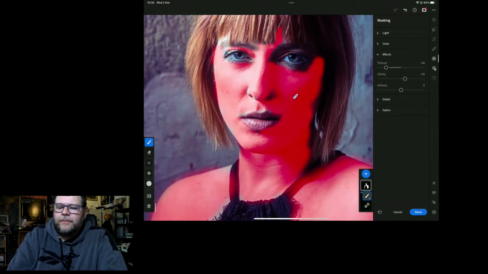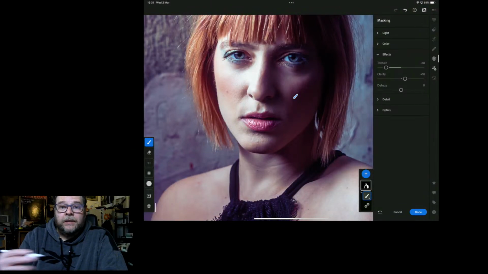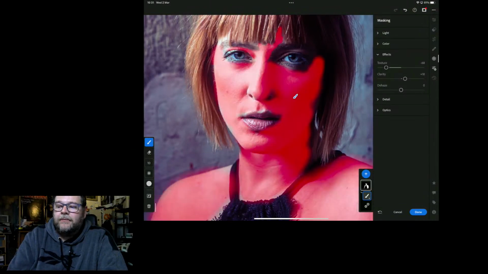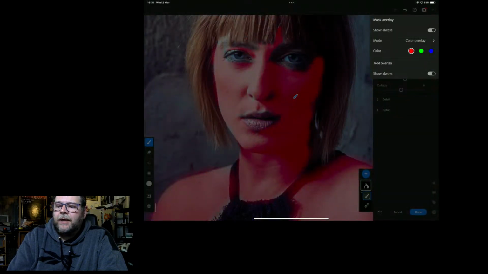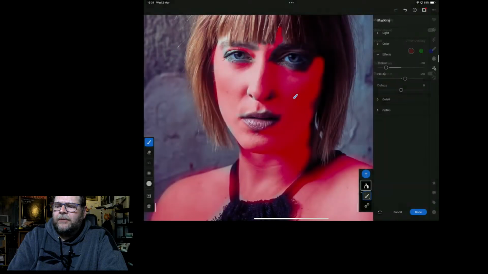Of course, you can always press on the bottom, on the top part, and change your mask. Because as soon as you start drawing, it doesn't show you the red mask anymore. But if you go up here, you can literally just toggle that on and off. And if you press the 3 dots, you can actually also say, I want to have it in green or in blue. You can have a tool overlay, show always, and you have a lot of options depending on what